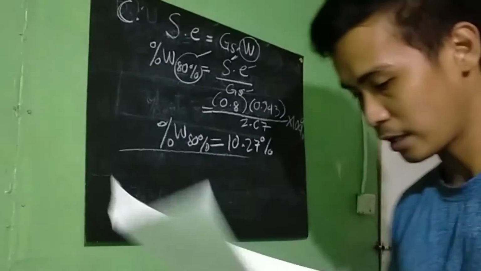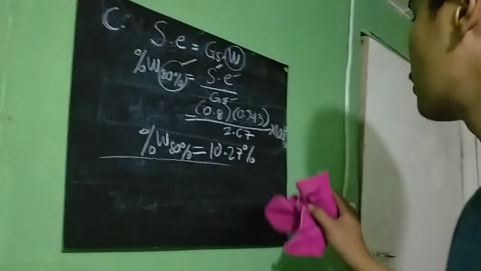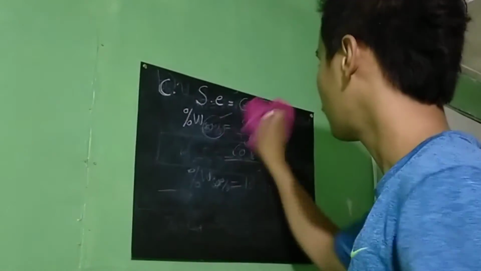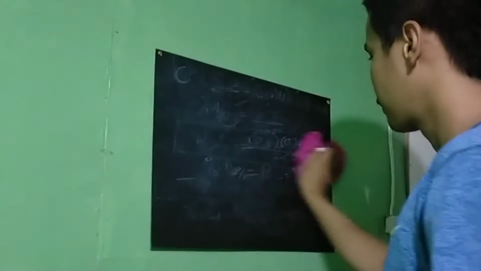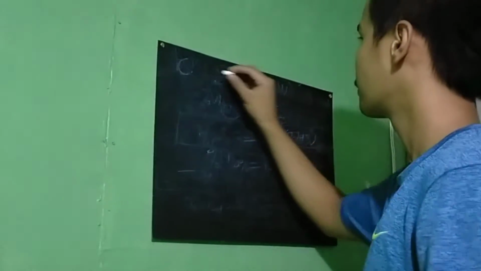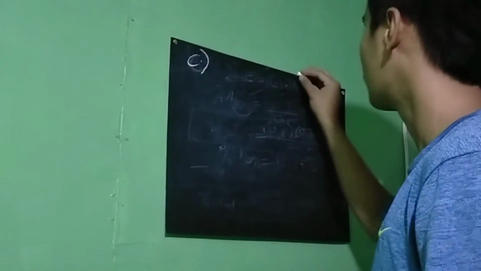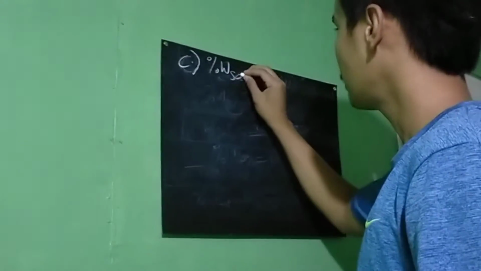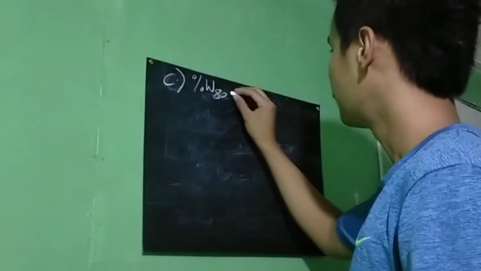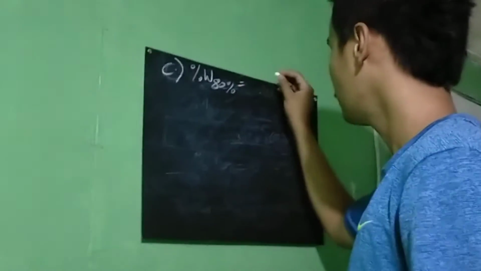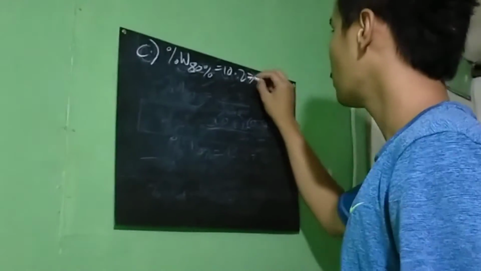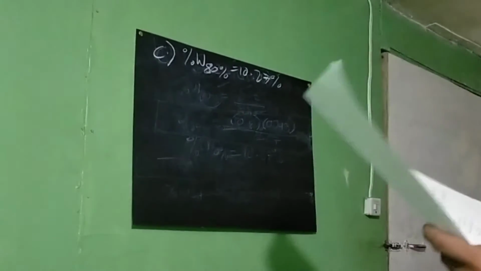Moisture unit weight at 80% saturation. So first, we got 10.27% for this. Continuation, we got the percent, 80% is equal to 10.27%. Then we must also look for the